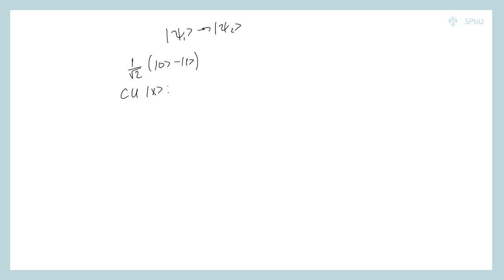So, for a unitary transformation U_f on the control qubit x, we could write down the following: U_f on the state x, 1 divided by square root of 2, 0 minus 1. And this is the control qubit, and this is the target qubit state. Let's rewrite it as following: